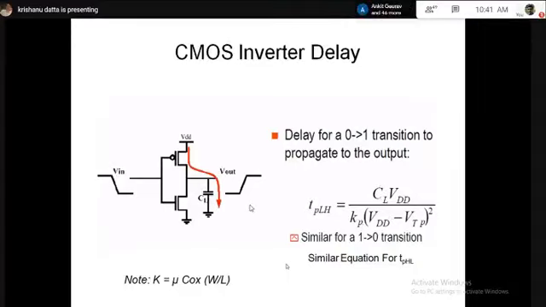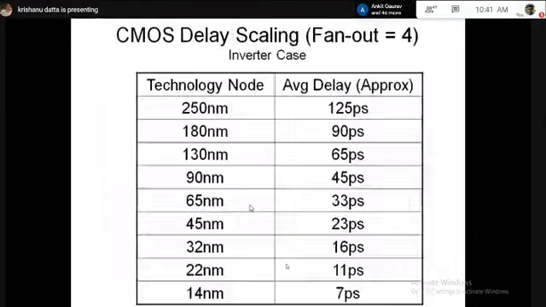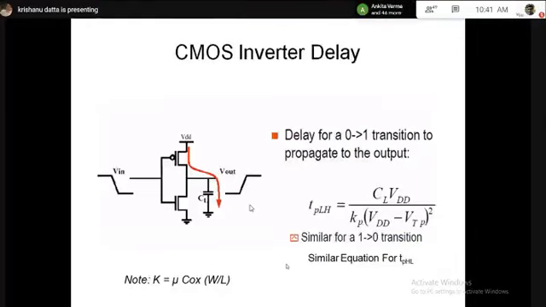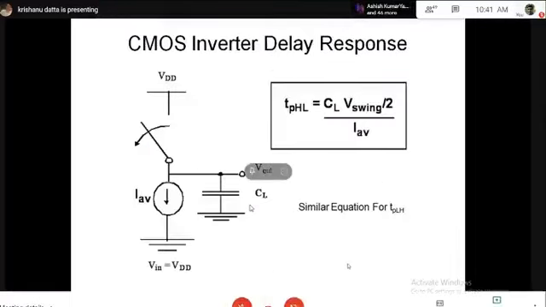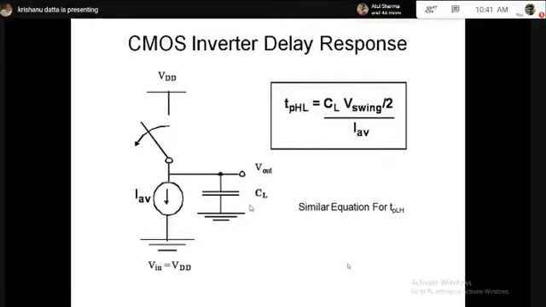Now, the most important observation out of this analysis, what is the key concept, what is the summary of all this discussion? That is very simple, and that is capacitor charging or discharging. Whether you take resistive model or current source model for transistor, ultimately what is happening? Capacitor is charging and discharging. Because of that, there is a propagation delay from input to output. Okay, that's the very simple physics of how transient analysis happens.